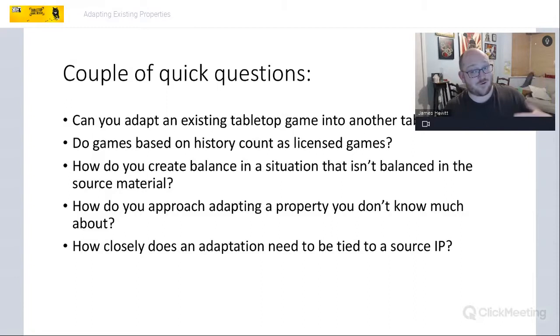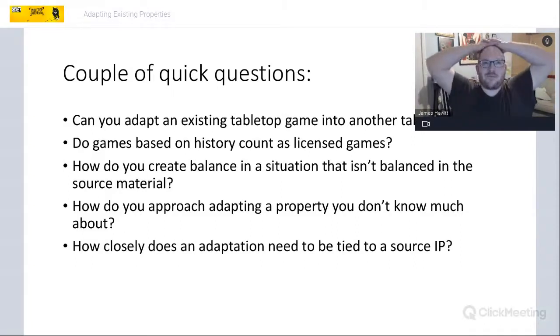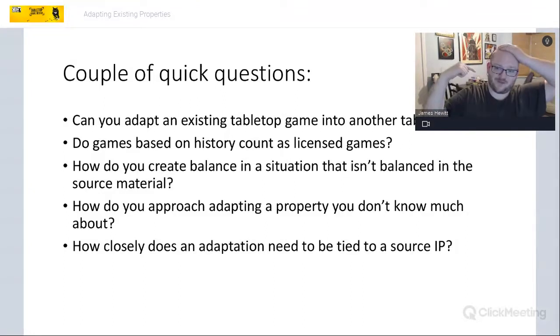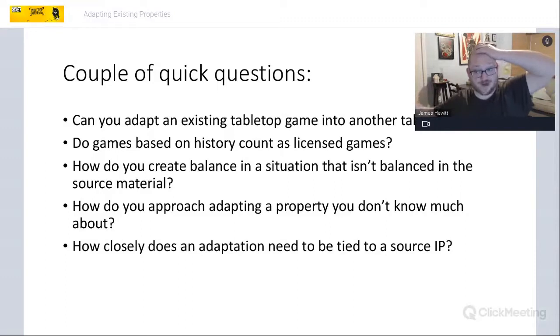You might have to if you cross over into anything which becomes recognizable. So, for example, if you did a Napoleonic game which happened to be very close to the Sharpe TV series and had various characters in it which were drawn from the Sharpe novels, then at that point you're not basing it on history, you're basing it on a series of novels or a TV show. So at that point it becomes a licensed situation. Also, you have to be careful to be respectful, though, because historical things